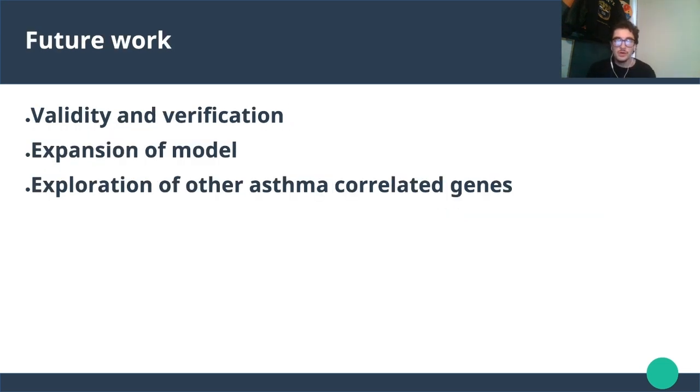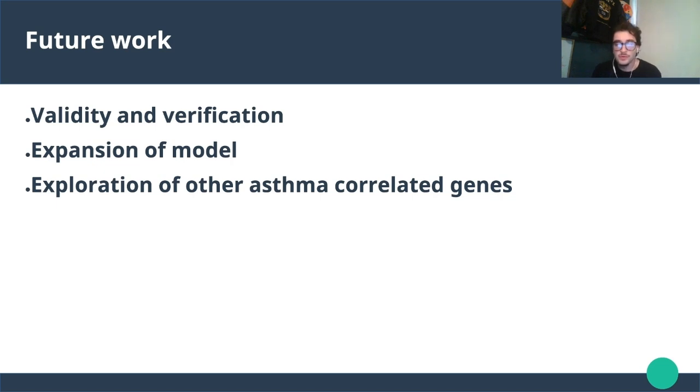And for future work, it is very important to verify the model and the simulation with real world metrics. So the validity and the verification is very important to continue working with this model. Furthermore, the model can be expanded. This model has been abstracted to be